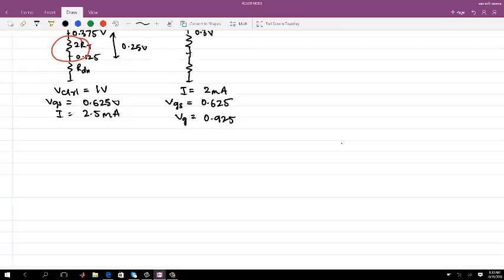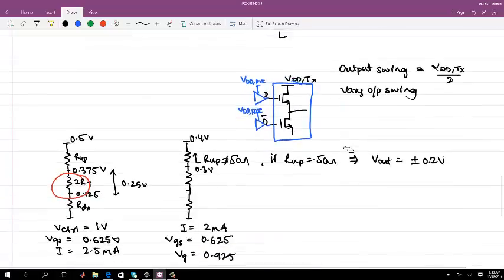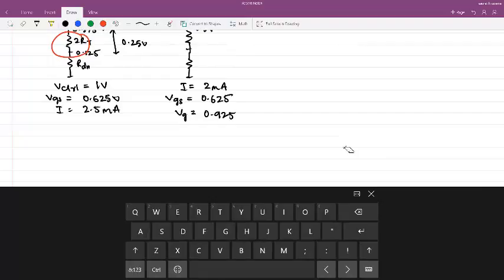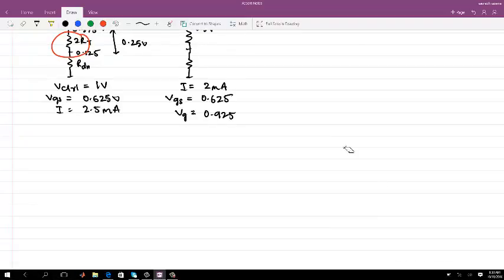The way to do this, changing the gate control voltage of the pre-driver to maintain the same output swing, is done in a feedback manner. Let's see how we do it, because this is more important. So let's start this way. What we know is that whenever the output driver has a matched impedance, the output impedance is always equal to 200 ohms, right?